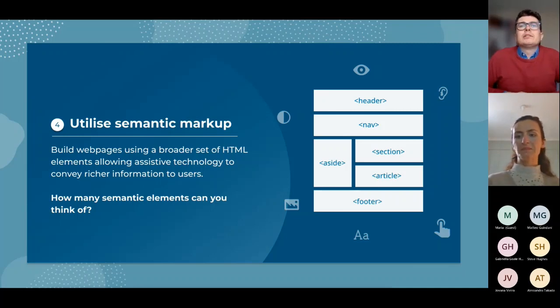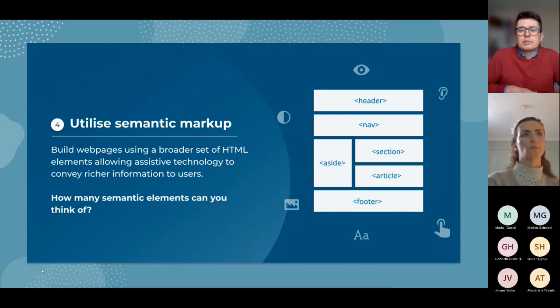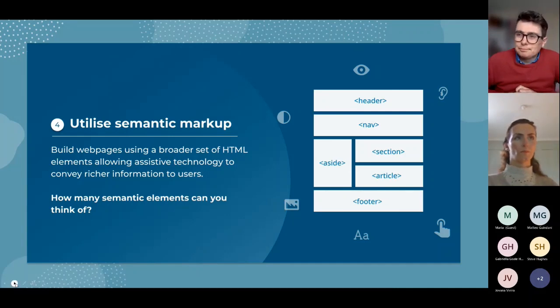And the reason why this is important is because screen readers and other assistive technologies are able to understand what this means, and therefore are able to focus in on what the content of the page is. Imagine having to have the header read out every single time you navigate around Wikipedia, for example, having to read out all that stuff on the menu, having the footer read out to you. It's not necessarily important. So giving the user the option to jump past all that stuff and go straight to the body of the page can be implemented by using a nice variety of semantic markup. So number 4, try to use the variety of semantic markup for HTML.